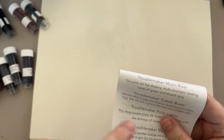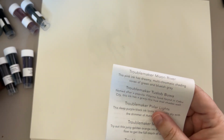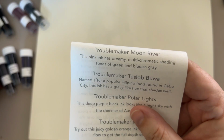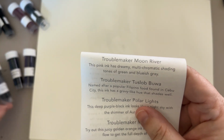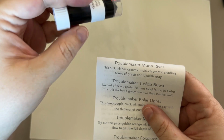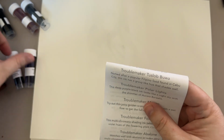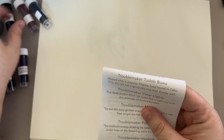Troublemaker Moon River. This pink ink has dreamy multi-chromatic shading tones of green and bluish gray. I don't know if you can see it. Moon River. I wouldn't have guessed that this is pink. I would have guessed that this is gray. But alright. And where is